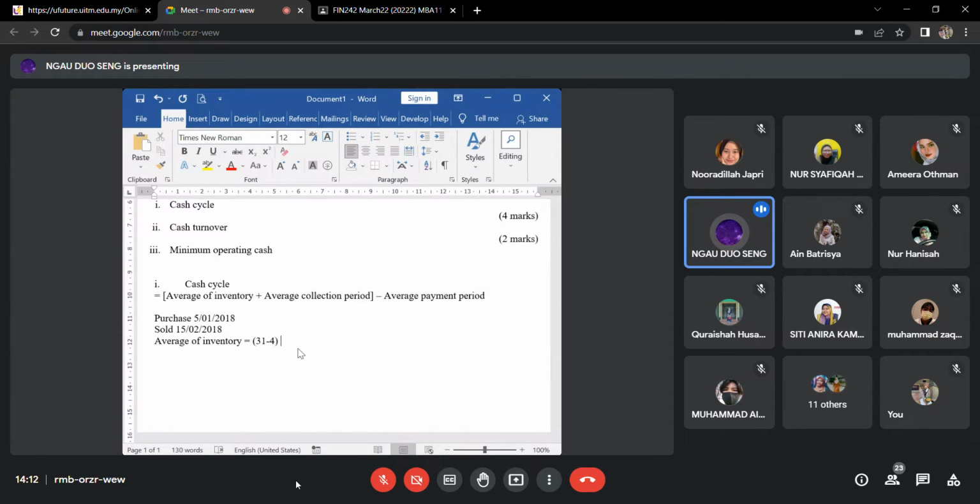Then we add 15. Plus 15. This one is January. This one is February. See, we plus 15. We include 15. You see. So in the exam, this one follows how many days? How many days? 42. 42. Right, equal to 42. But if they subtract 5, then this one will become